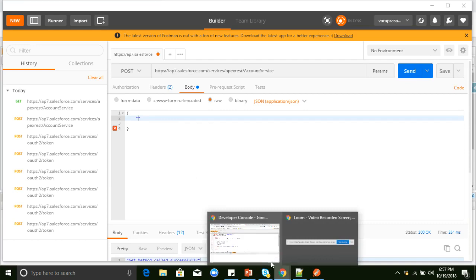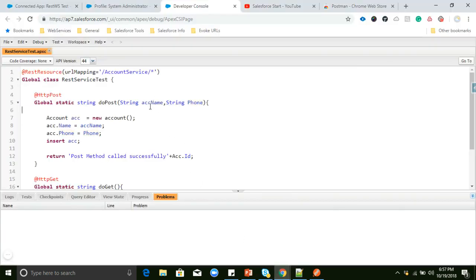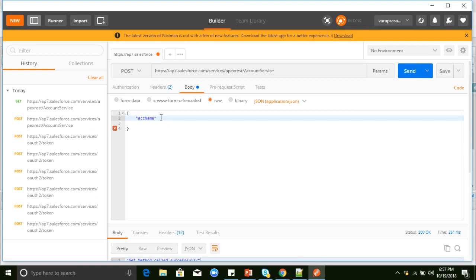So string account name equals Vara Prasad rest. This is the JSON format in which we need to send data.